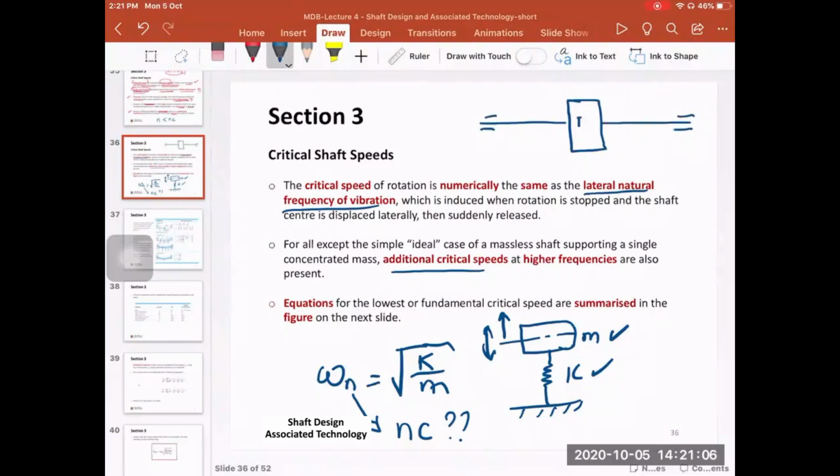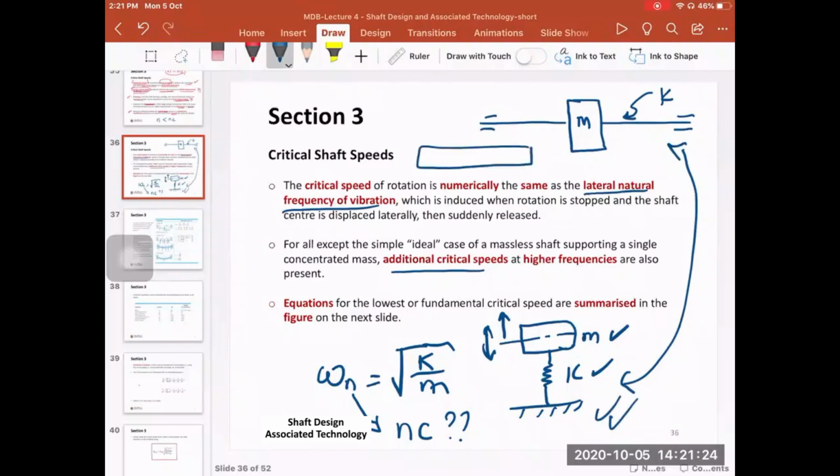You can consider this as a linear spring, and these two cases are related. So this here is the mathematical model of this. But if you have a continuous system, where the mass is distributed across the length,